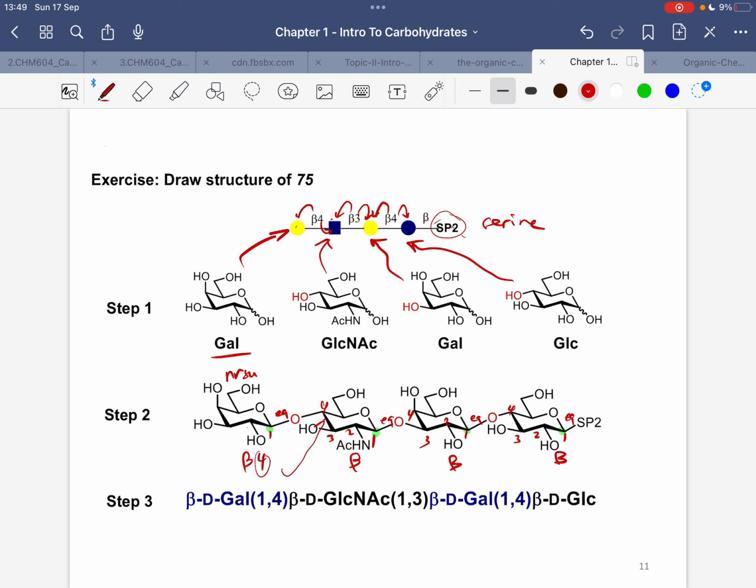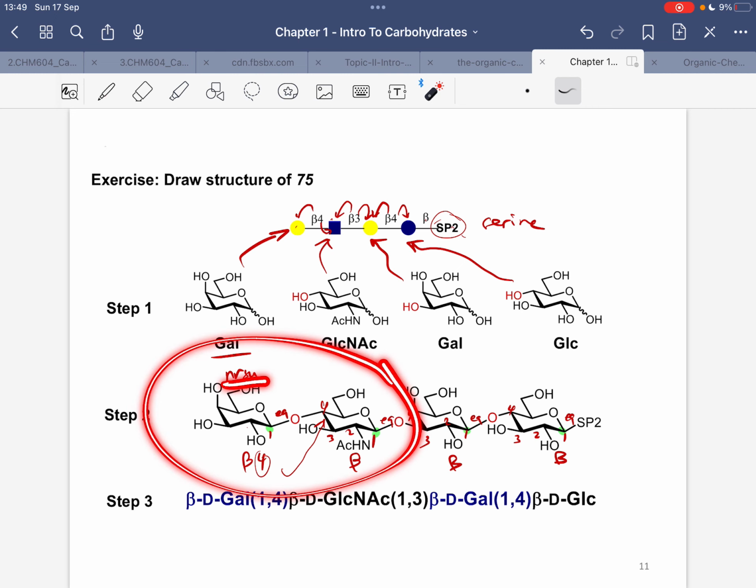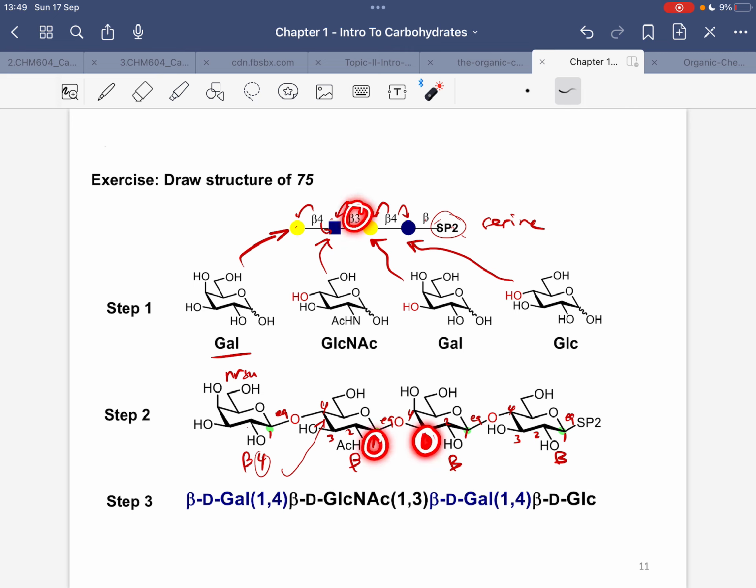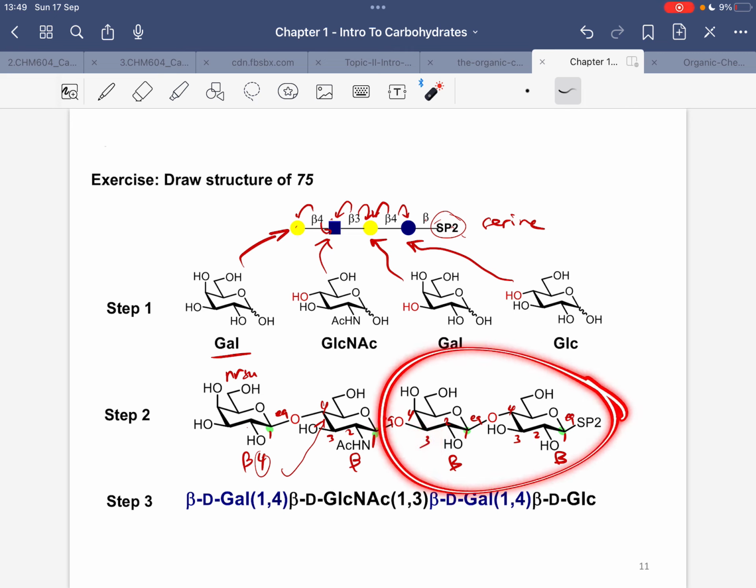The 4 pertains to carbon 4 of another sugar molecule, which is the reducing. Relative to these two molecules, this is the NRSU or non-reducing sugar unit, and this one is the reducing sugar unit. And it is a beta 1,4 linkage. That's why it's beta 1,3, that's why it's beta 3 here. And relative to these two, this is the non-reducing sugar unit, this is the reducing sugar unit. So its linkage is 1 to 4. That's why it's beta 4.